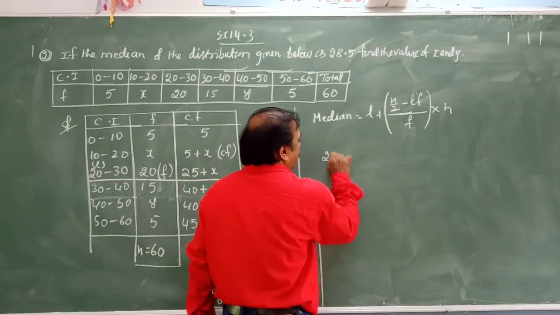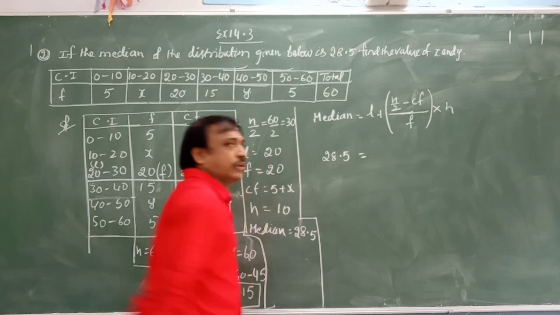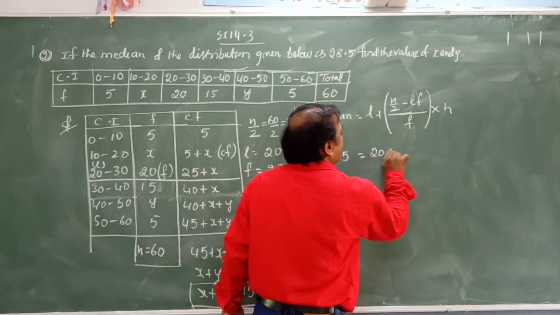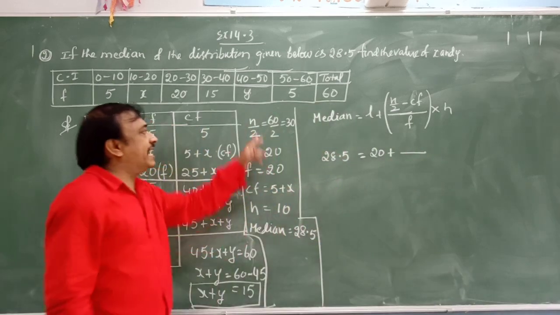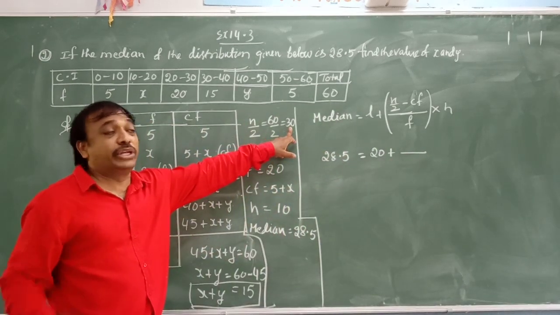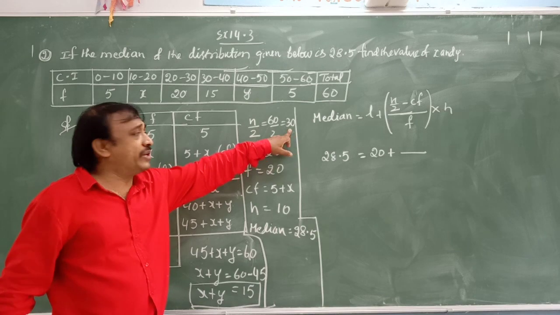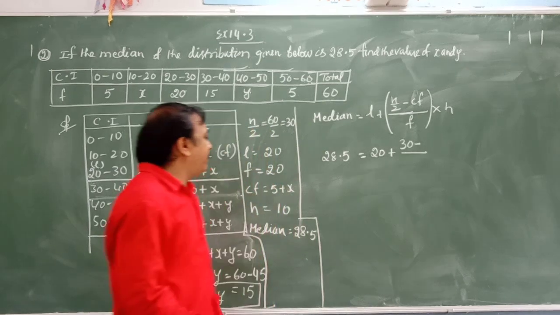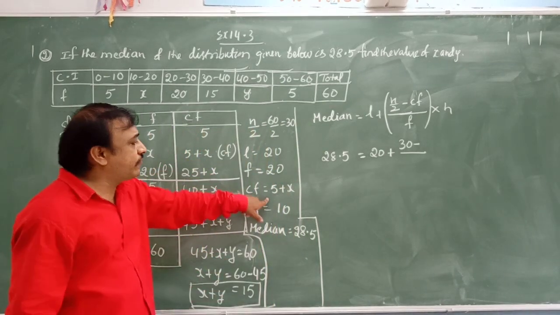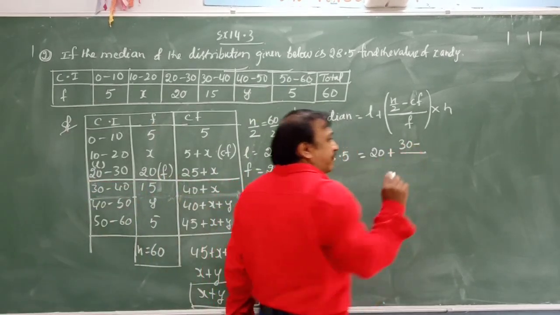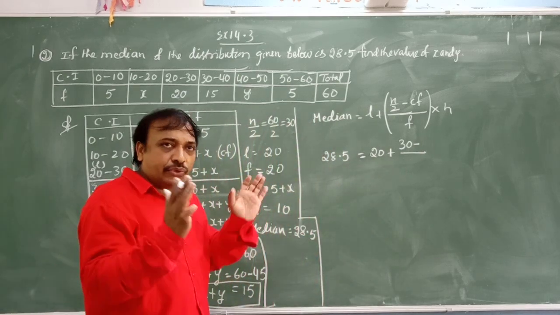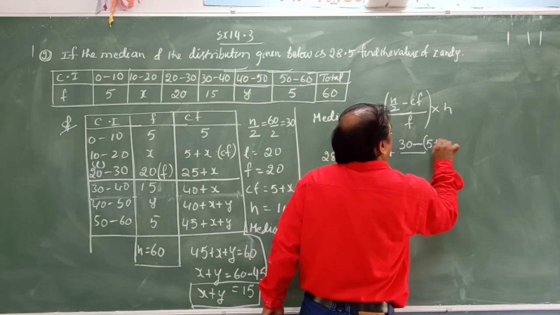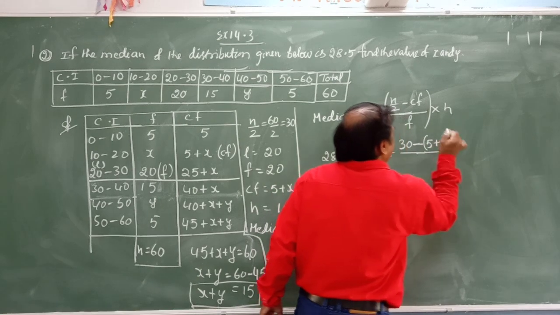So 28.5 is equal to L plus... L value is how much? 20, plus n by 2. That is the n by 2 value we already got, no need to write n = 60 by 2 again. Directly you can take the value 30, minus CF. What is the CF value we took here? That is 5 plus x. Because we have two terms, you need to use a bracket. So 30 minus (5 plus x). Close the bracket. Then by